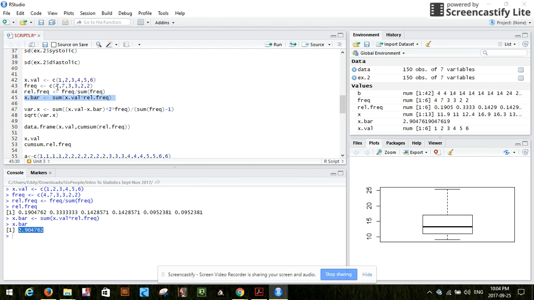For example, you have 1 four times, so that means you're going to have 1, 1, 1, 1. 7 students have 2 sneakers, so there's 2 sneakers 7 times. 3 students have 3 sneakers, so 3 sneakers 3 times. 3 students have 4 sneakers, so that's 4 sneakers 3 times. 2 students have 5 sneakers, so 5 sneakers 2 times, and 2 students have 6 sneakers, so 6 sneakers 2 times. If you write all these numbers out, you expand them, you can now use the